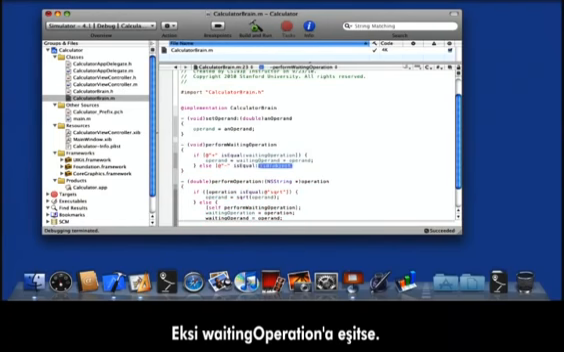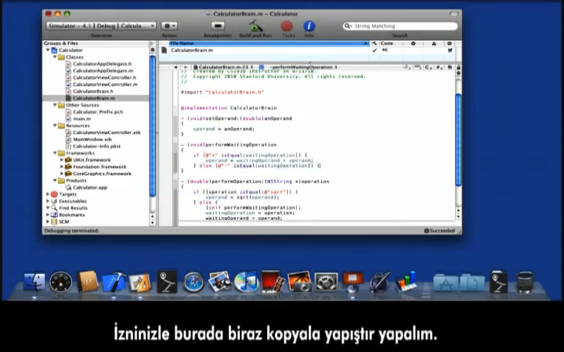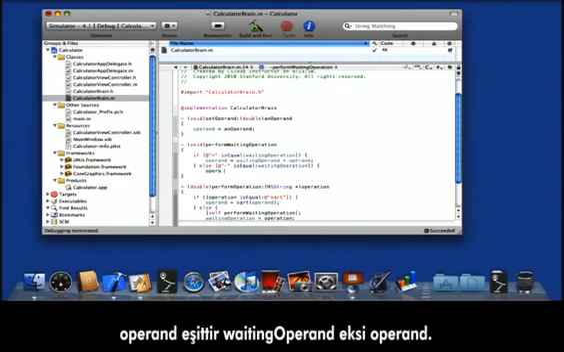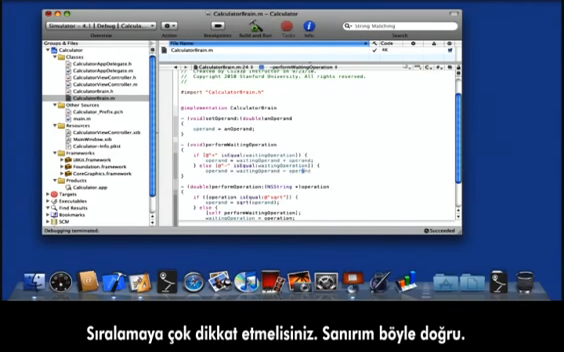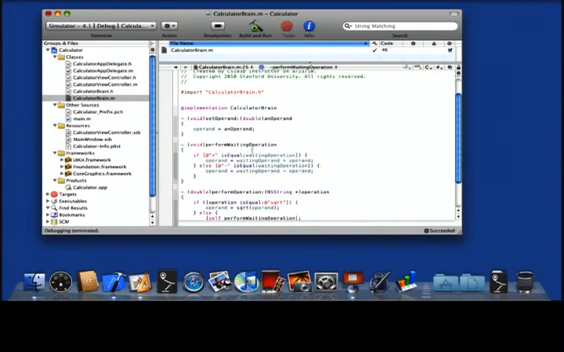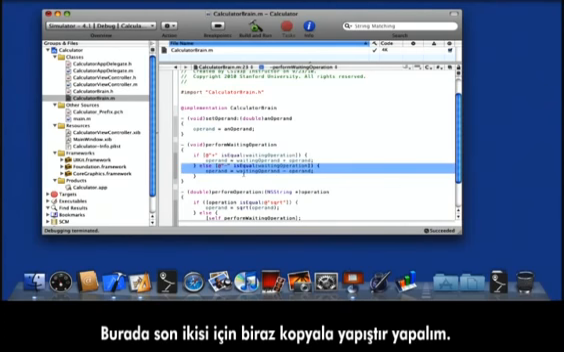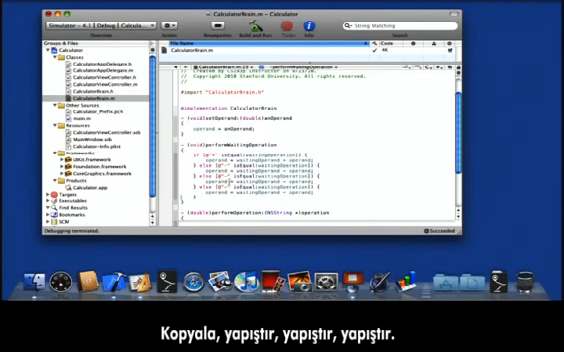Minus is equal to waiting operation. I might do some copy and paste here if you don't mind. So that would be operand equals waiting operand minus operand. You've got to be a little careful of the order here, but I believe this is the right order. We'll do some copy and paste here for the last two. Copy, paste, paste, paste. Let's do times is